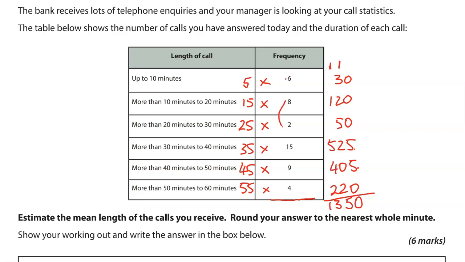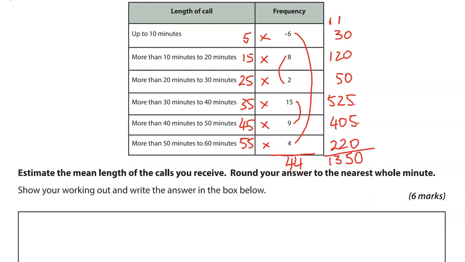So 8 and 2, I'm going to pair these up to make tens. So 6 and 4, 10. 8 and 2 is 10, so that is 20 already. 20, 35, and the 9 gives us 44. So 1,350, if I divide that by 44, gives me